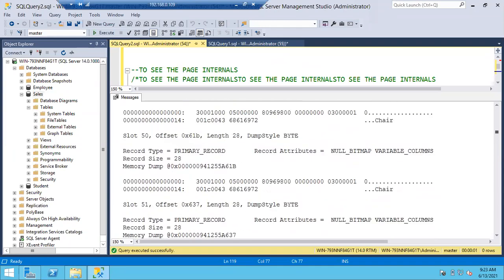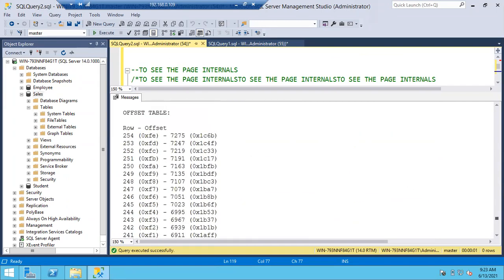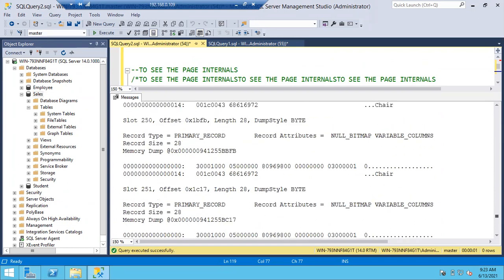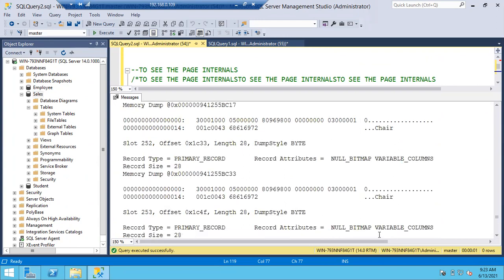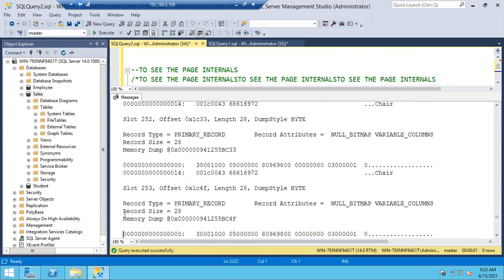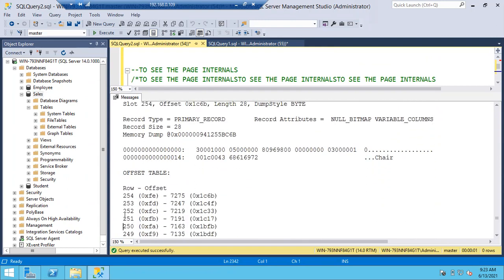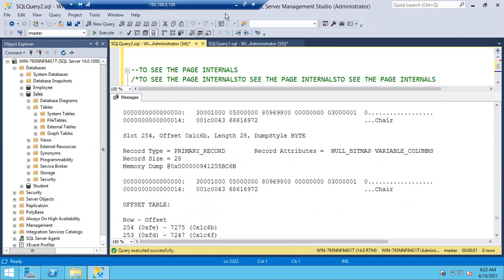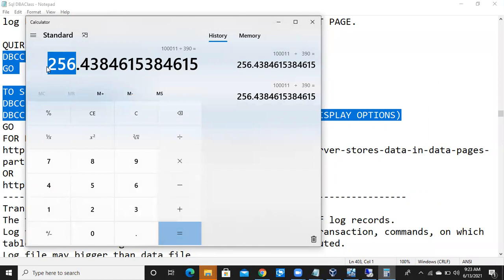Row offset, go down. At the end of each page, you can see row offset. Okay, so how many records is this currently holding? 248, 251, 253, 253, and I guess 254 is all. Yeah, 254. In this page, we have 254. I told you earlier, we did some calculation. Each page holds 256, something like that, records, right? As you cannot share a single record between two pages, it is saving 255 records.